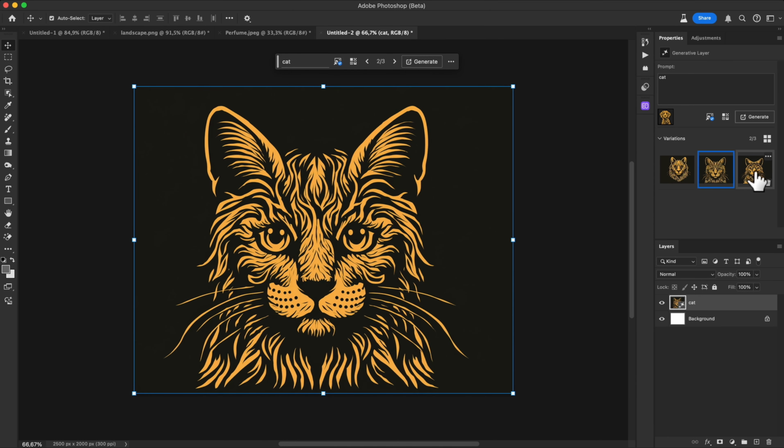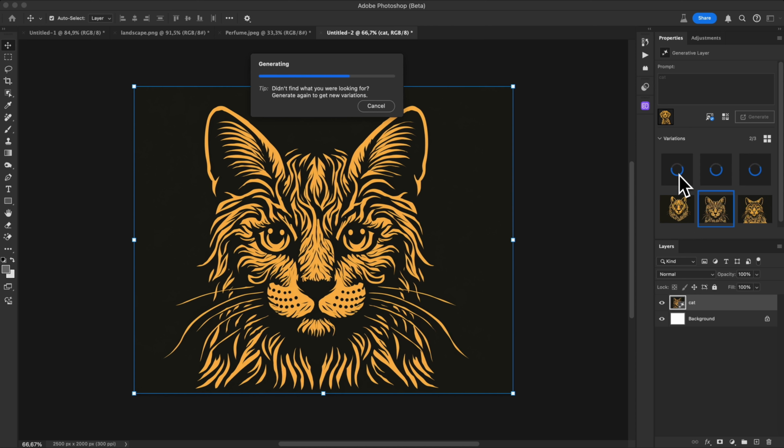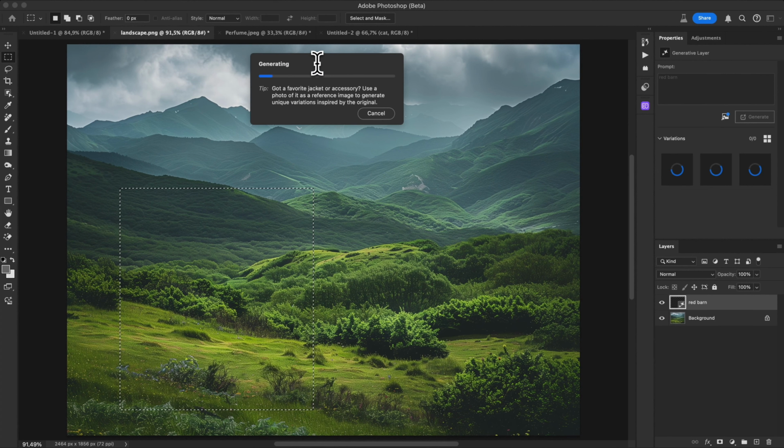Perfect for when you find an image you like, but want something slightly different without straying too far from your vision. Let me introduce you to a new feature in Photoshop that enhances the detail of images created using generative fill. I will open an image of a landscape, and then, using the rectangular marquee tool, I will make a selection and enter a brief prompt: Red Barn. I will wait for Photoshop to generate the image, and once I am satisfied with the result, I will click